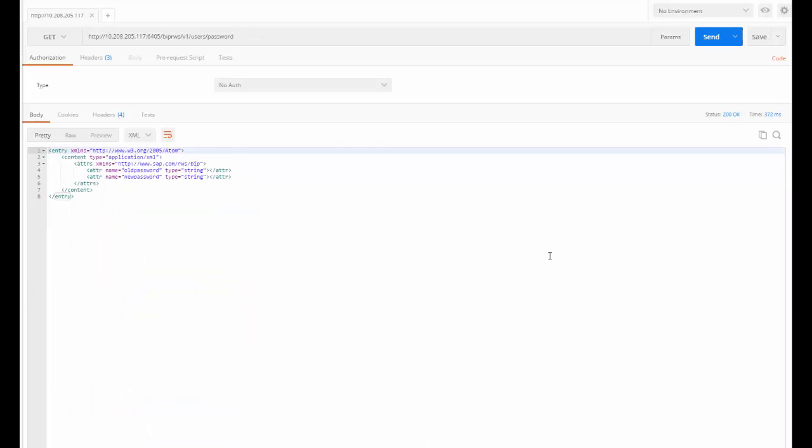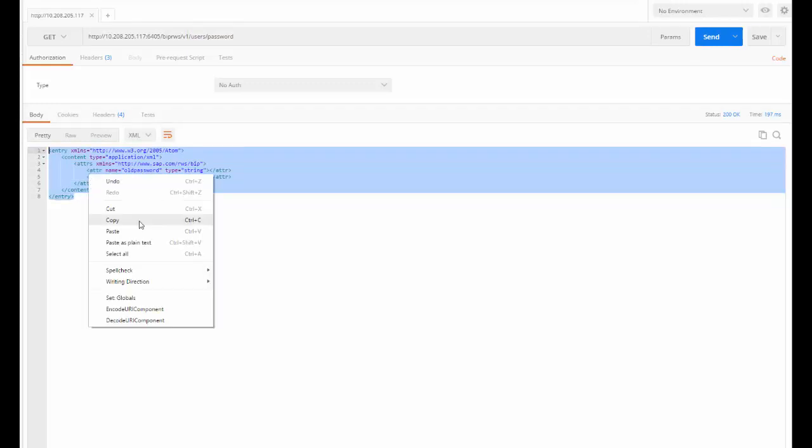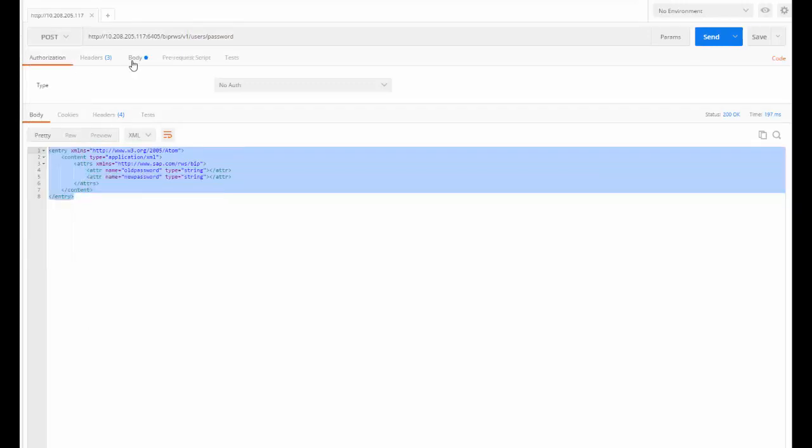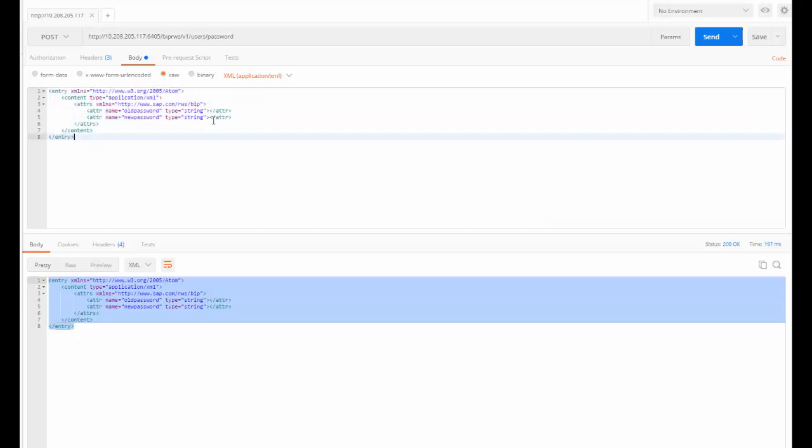Let us see how you can change the password for the current user. Select the GET method and to the core URL, append the keyword password and choose Send. The server returns a request template. Copy this template, select the post method, and in the body, paste this template.